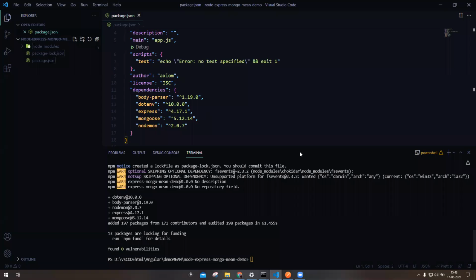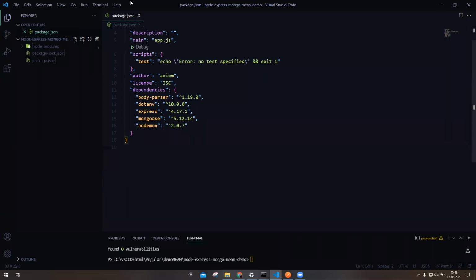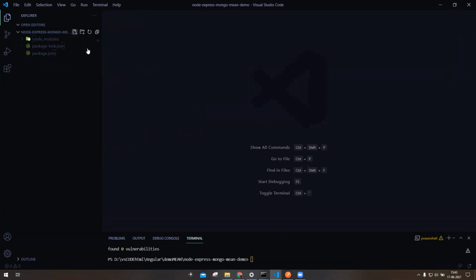In this Node.js project, I will create a file with app.js. We will use the Express framework here, so we have to import the Express framework first.